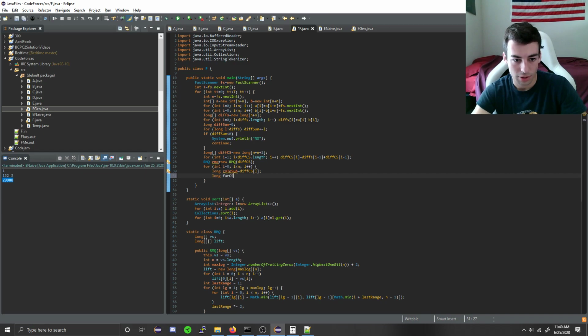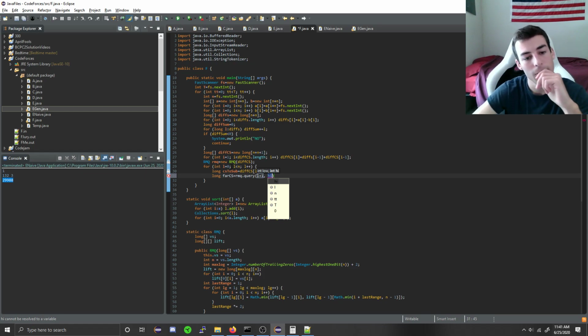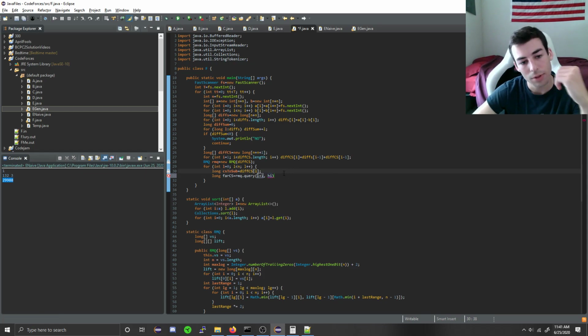Long far cs is going to be equal to rmq.query from l plus 1 to, so we want,